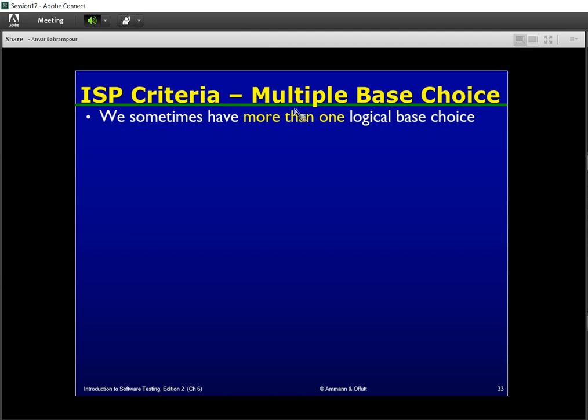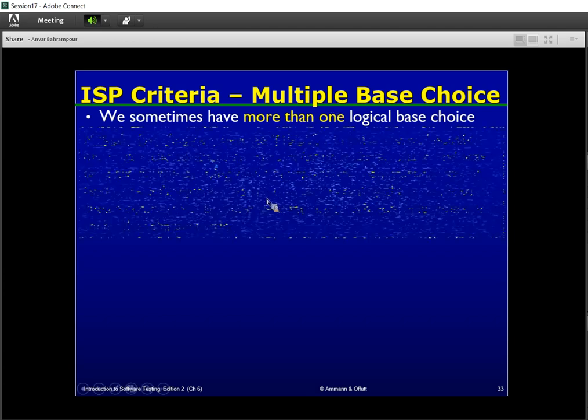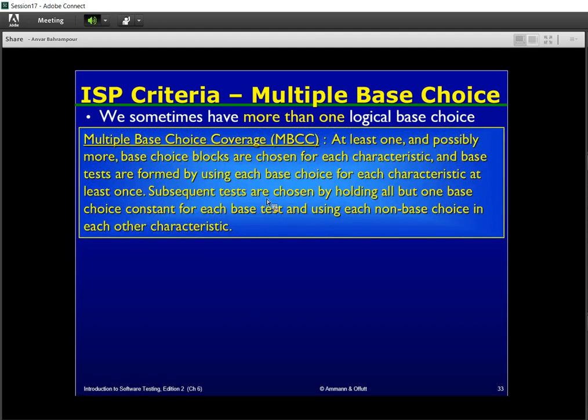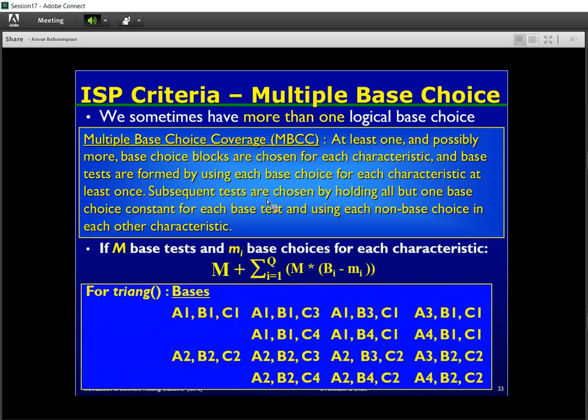Another extension for base choice could be multiple base choice. In some programs, for example, in our triangle, we could have more than one base choice. So we could define multiple base choice. This is a natural extension for base choice. If you noticed the previous coverage criteria, you could learn about multiple base choice easily, and there is no need for more